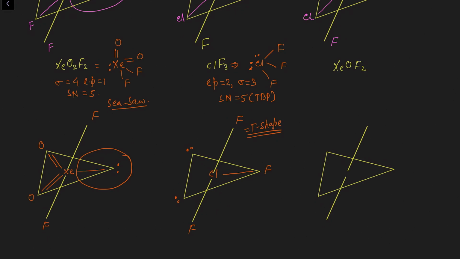Now check the XeOF2. So the general Lewis dot structure will be like that. The only condition for this concept is that you must be the master of Lewis dot structure. After that your problem will be solved. Now check again. Lone pairs are 2, sigma bonds are 3, steric number is 5, hybridization is sp3d, structure is trigonal bipyramidal, not shape. Now it is time for shape. How to decide the shape? Again, the more electronegative atom on axial position, multiple bond on equatorial position, lone pair of electrons on equatorial position. Now check what is the shape. Shape will be T shape. Some more examples we will discuss.